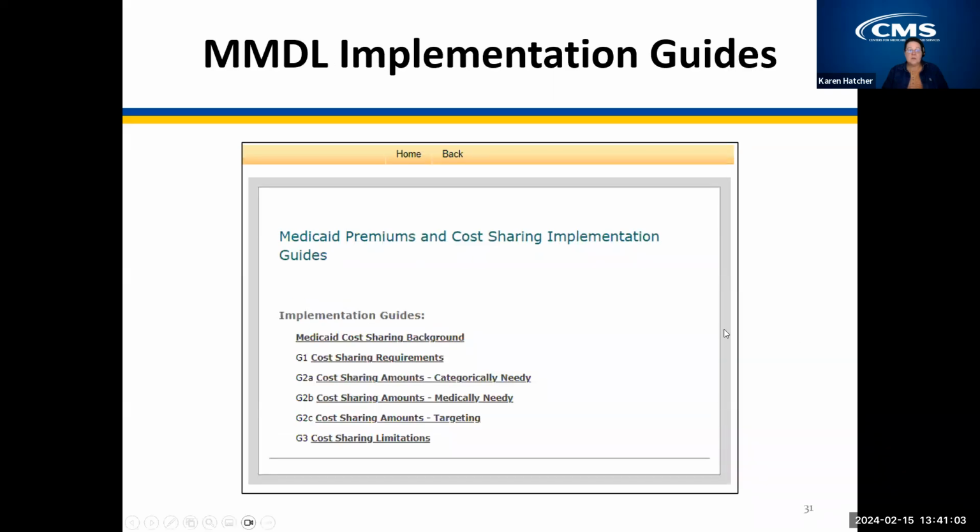Back to the home screen, we saw how there are links to the implementation guide under the premium and cost sharing and ABP headings. Clicking the implementation guide link will take you to a list of links to the implementation guides for the relevant SPA types. There's an implementation guide for each PDF form. This image shows what the screen looks like for the premium and cost sharing, but the screen for ABP implementation guides looks very similar. These documents provide detailed background information on each of the PDF templates, including the criteria CMS uses to review them.